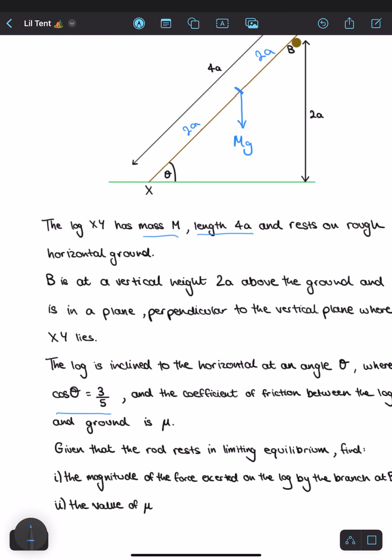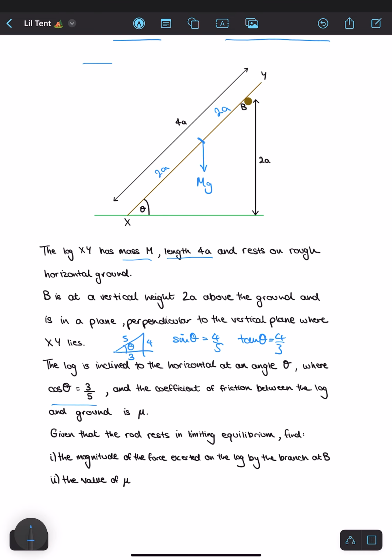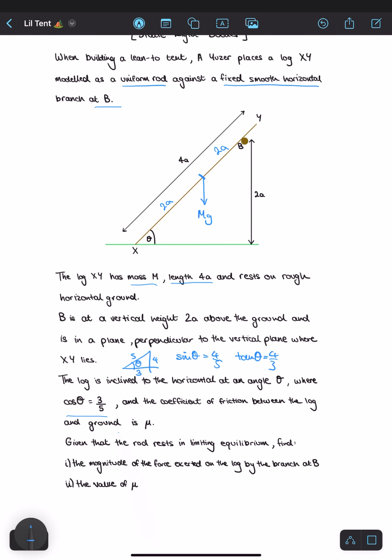So I'm going to draw my triangle quickly, have my adjacent and hypotenuse 3 and 5, so that means the opposite is 4. So sine theta is 4 over 5, and tan theta is 4 over 3. And the coefficient of friction between the log and the ground is mu. Given that the rod rests in limiting equilibrium, find the magnitude of the force exerted on the log by the